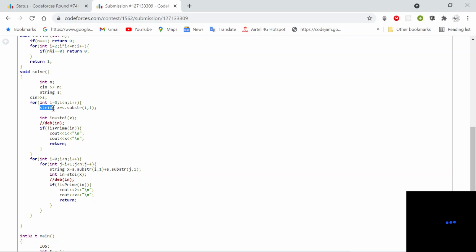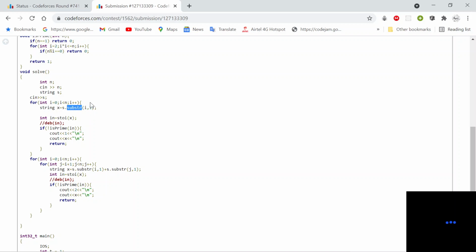When iterating, I use the substring function to get a single character, because if I write a character directly, it will not be stored in a string. That's why I am using the substring function.